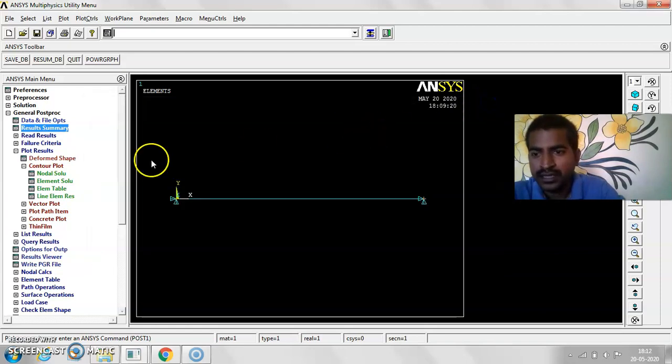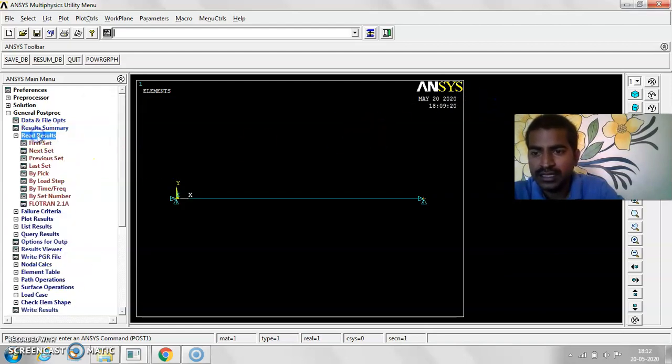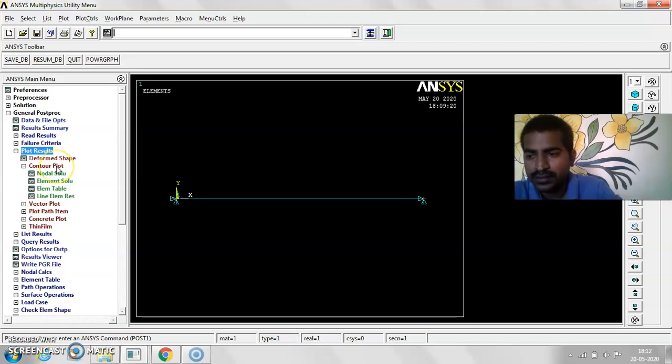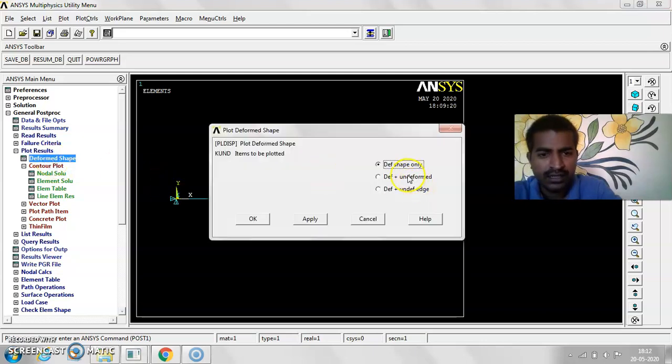Okay, next. Now read results. In that you go for the first set. Then directly plot results, deformed shape. Here you can go for deformed shape only or deformed plus undeformed.